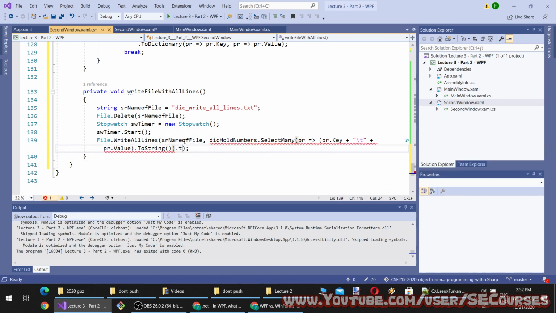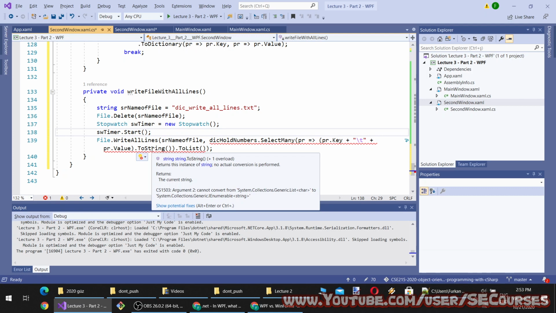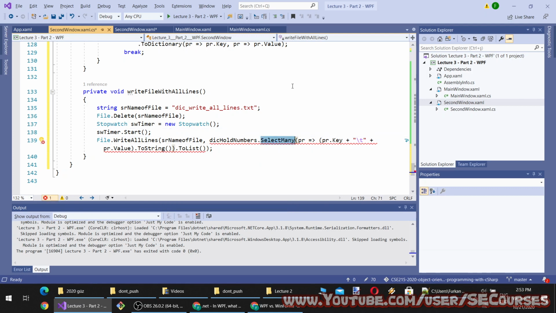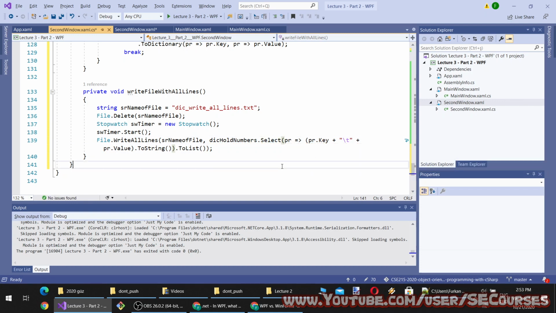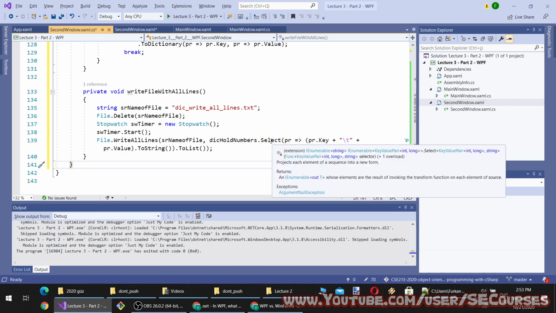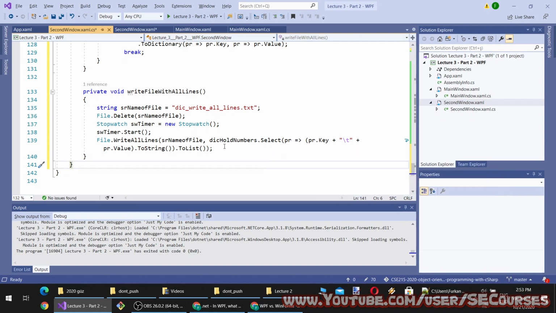Perhaps like this. Okay, it is still seeing it as that. Perhaps I can use Select instead of SelectMany. Right? Okay, Select looks like it is working instead of SelectMany. And then I will stop the timer.